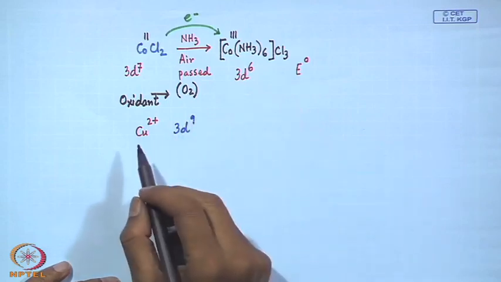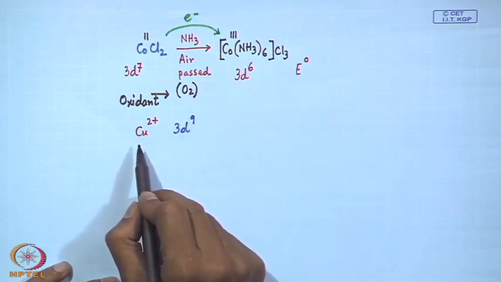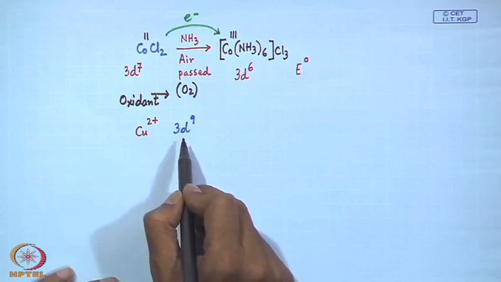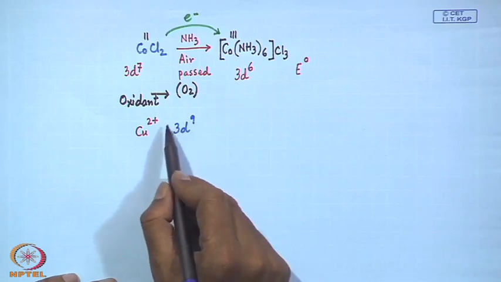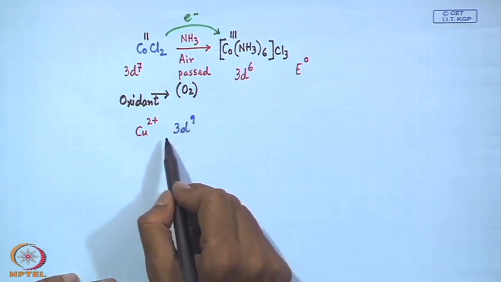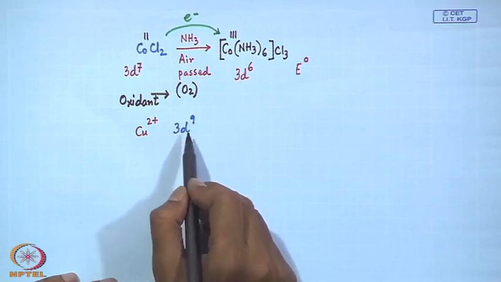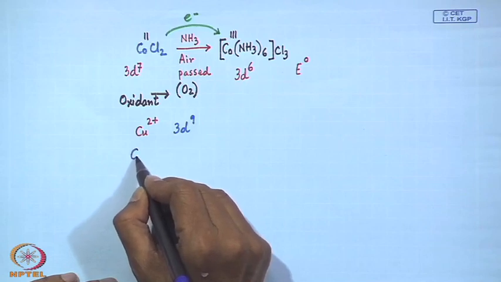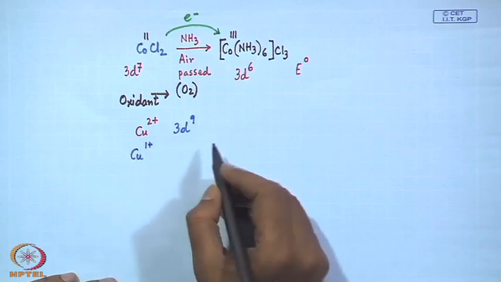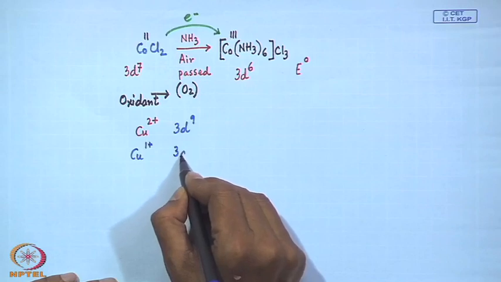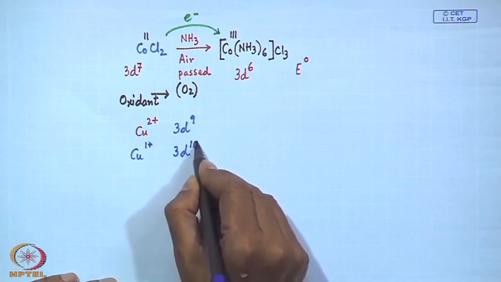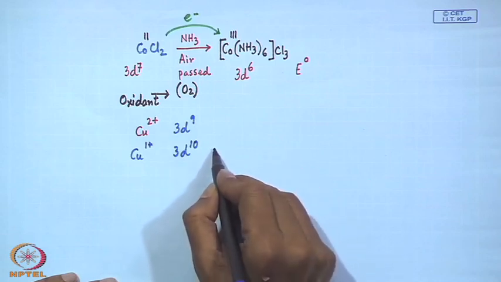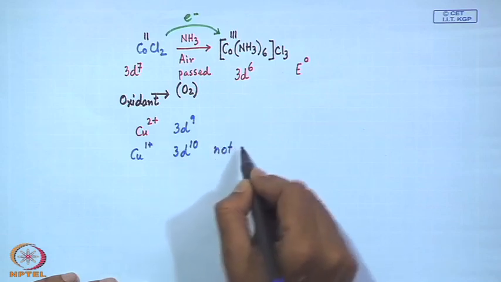So, at least one oxidation state is available for the formation of a species like 3d9, and we can consider that copper as a transition metal ion because it has a partially filled d level. But if we have the copper in cuprous state, which has an electronic configuration similar to that of our zinc 2 plus, which is not partially filled,